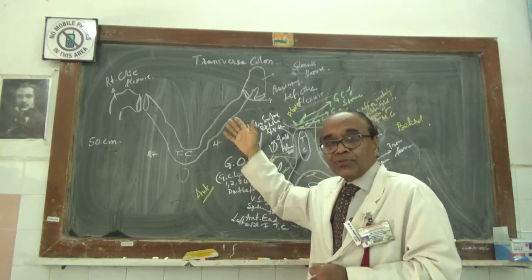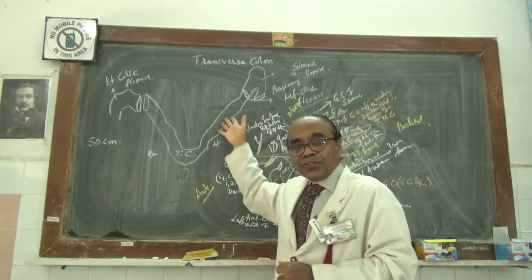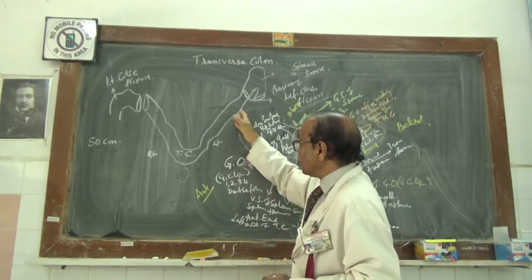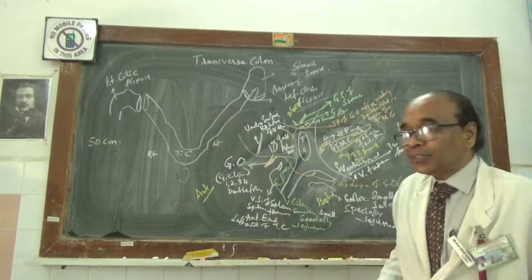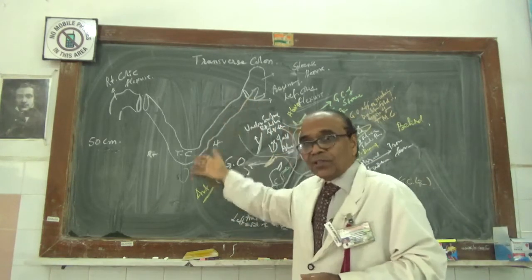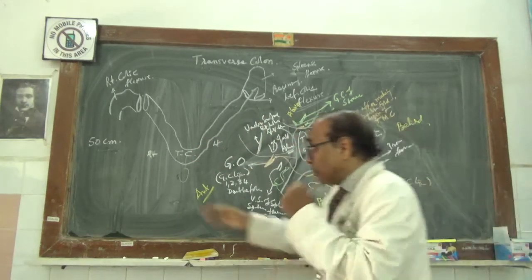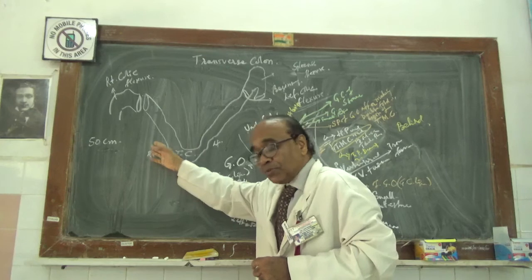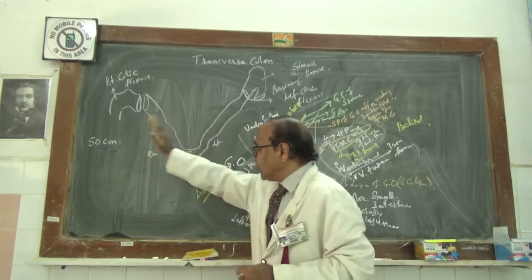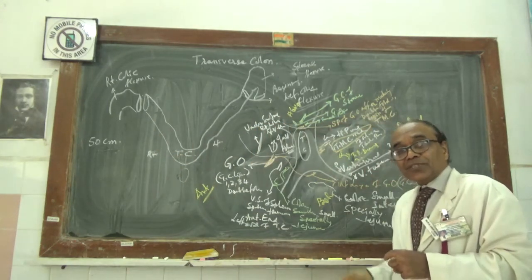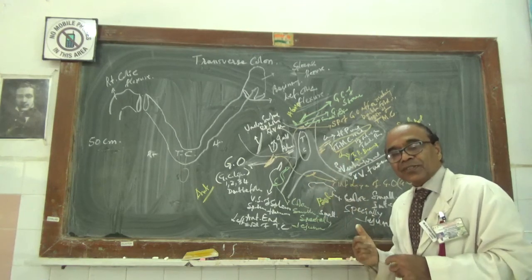Now these colic branches will have primary, secondary, tertiary, unnamed, and then it will be reaching to this. And soon before reaching, you have got the ascending and the descending branch. Now the ascending branch will be supplying this left part. Now here, it is a mixture. Right colic, mid-colic, and the what? Left colic. Left colic is a branch of the inferior mesenteric artery. Right colic and mid-colic are branches of the superior mesenteric.